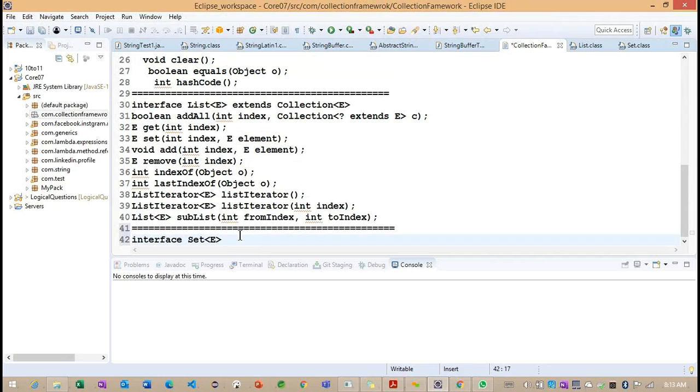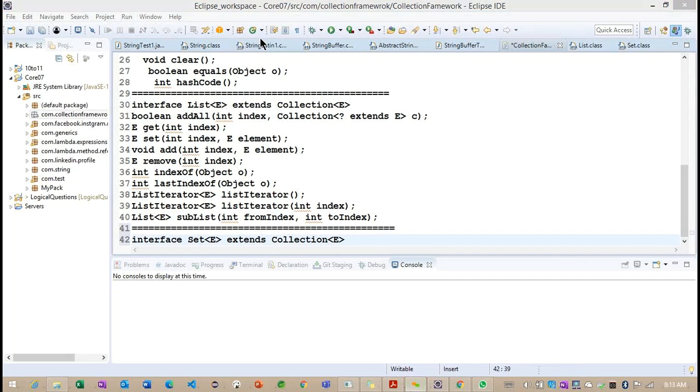Now what you are understanding is basically the diagram is going to look like this. This is our main Collection, and here we are going to have the List interface. This particular List is going to extend from the Collection, and now we are going to discuss this particular Set.